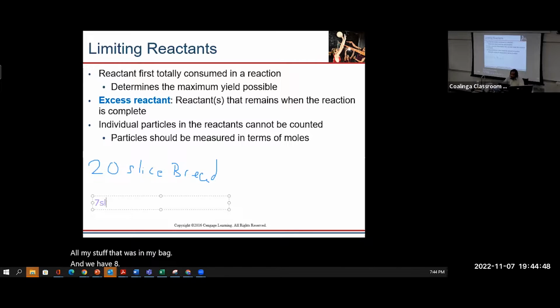And we have 7 slices of cheese. Now, we know the recipe for a cheese sandwich is 2 slices of bread,